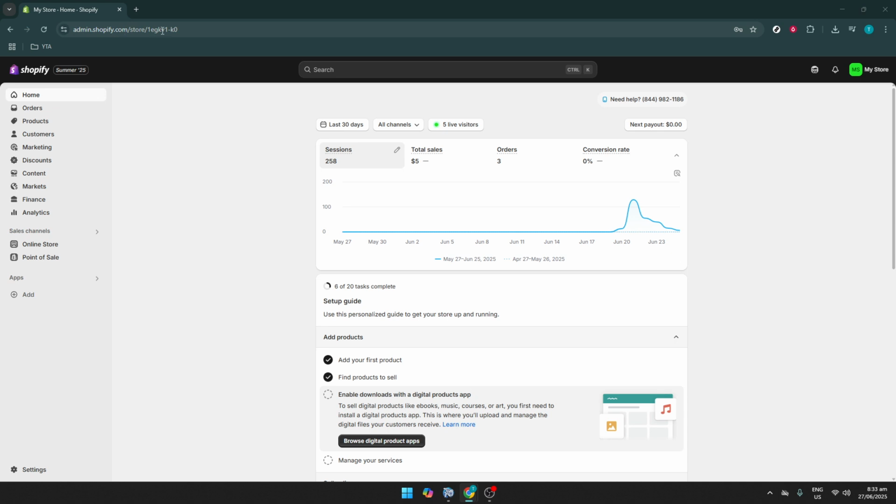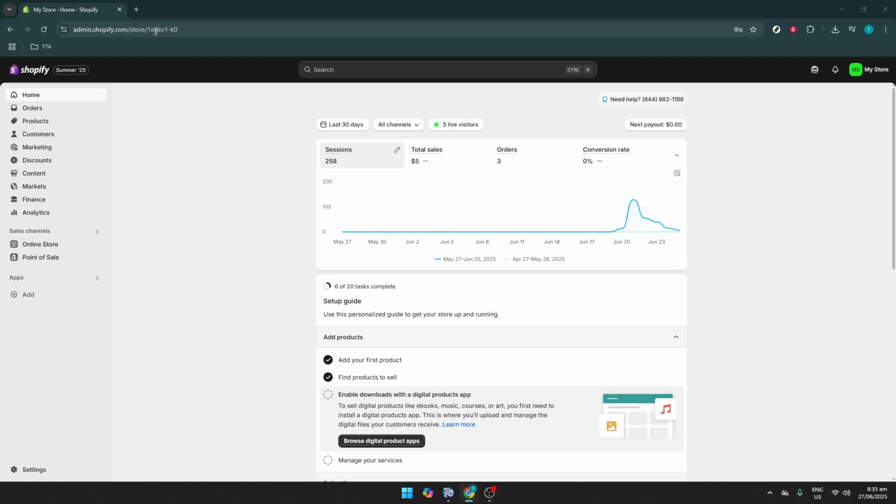So go ahead and open Shopify and head over to the My Store section on the homepage. This is the central hub for everything related to your store, from products and orders to settings and reports. Once you're on the home page, you'll see a variety of options. What we're interested in today are the settings that will allow us to set up the login feature on your